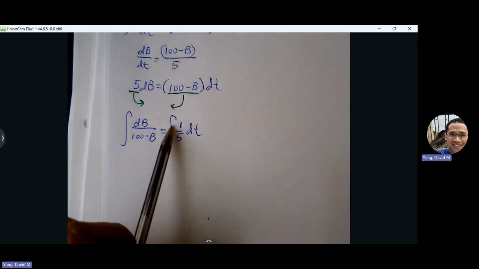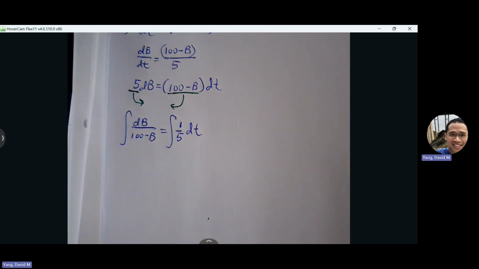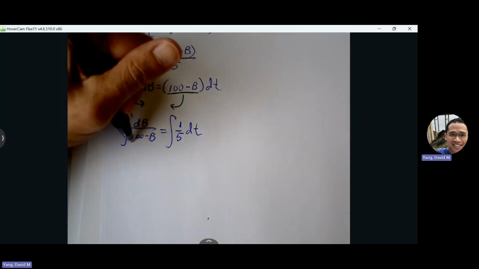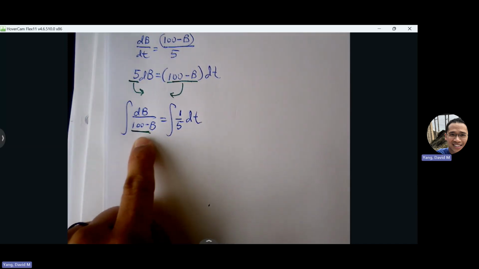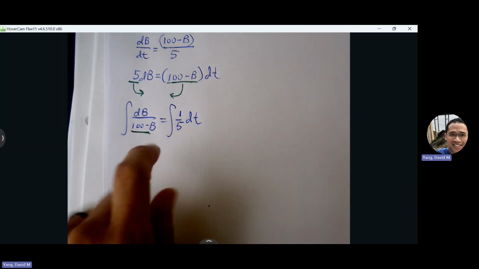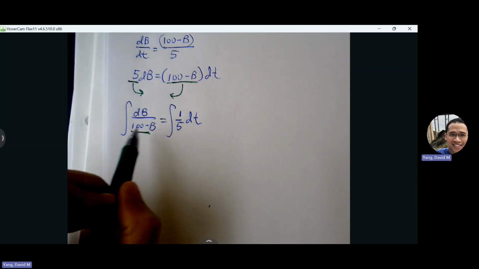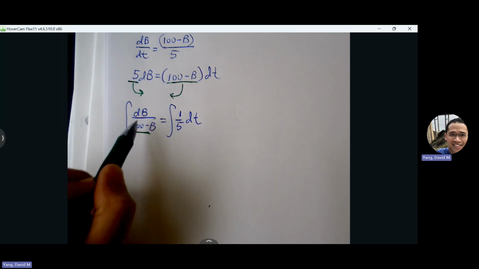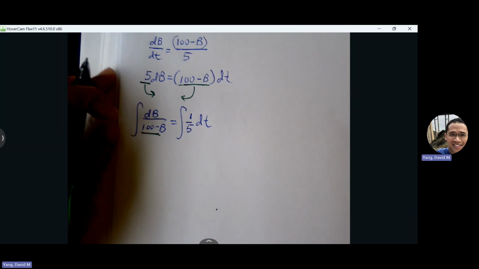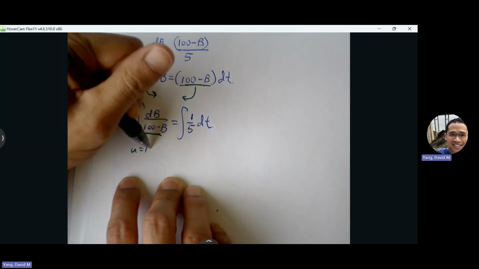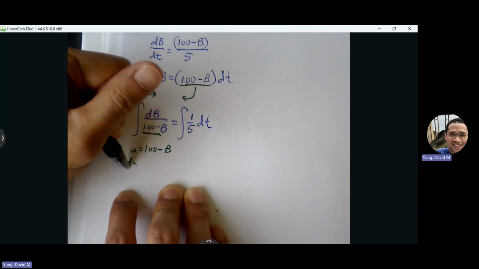The right side is just power rule. But the left side, we need to go through a little bit of what? U substitution. What's our u value? 100 minus b. Just be careful that this will produce something other than the 1, so we want to make sure that we keep track of that. But also when we go through substitution, what rule do we expect to be applied here? Natural log. Yeah, it's going to end up being 1 over u du, maybe with a leftover coefficient, but we can kind of predict what rule we're going to hope to see on the left. Okay, so go through our u substitution process,